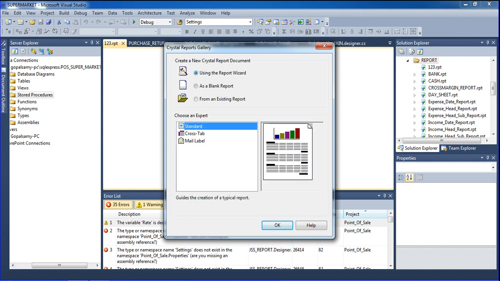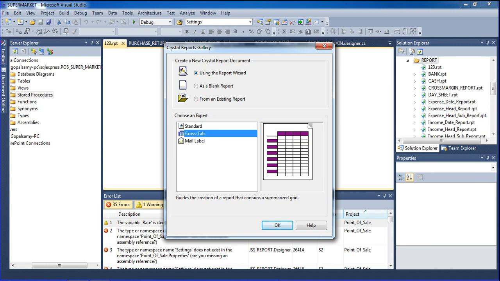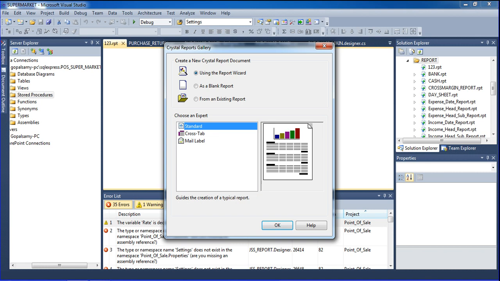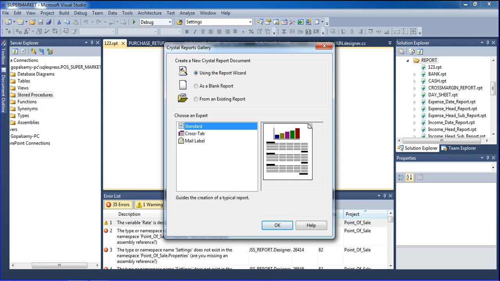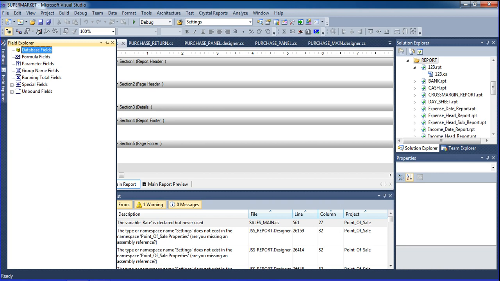This wizard comes automatically like this. If you want, you can modify which type of report form you need here. I'm going to click blank, which means it will be blank like this. Existing is also possible, but I need only this one, so we do not need this. So I click here blank and click OK, and it will open as blank.